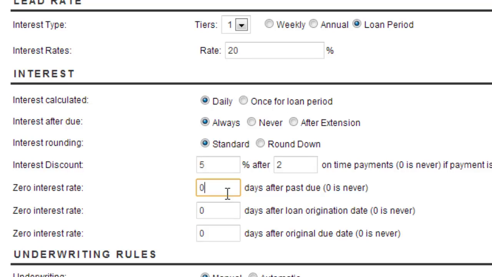The zero interest rate, meaning past due, this sets the interest rate charged to the customer at 0% for X amount of days past due. So we'll say if it is 4 days past due, there's 0% of interest paid on that. For days after loan origination date, this sets the interest rate charged to the customer's principal balance to 0% after X amount of days of the loan origination have passed. So for this, go ahead and set 10 days after the loan origination date is over, there will be